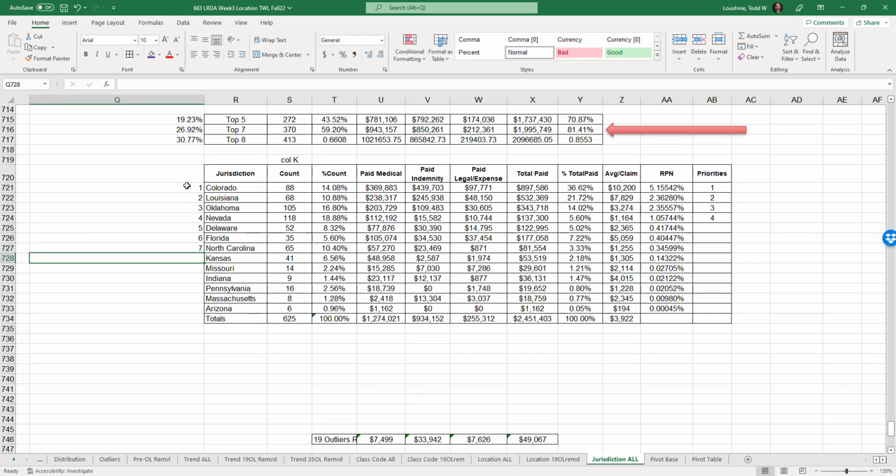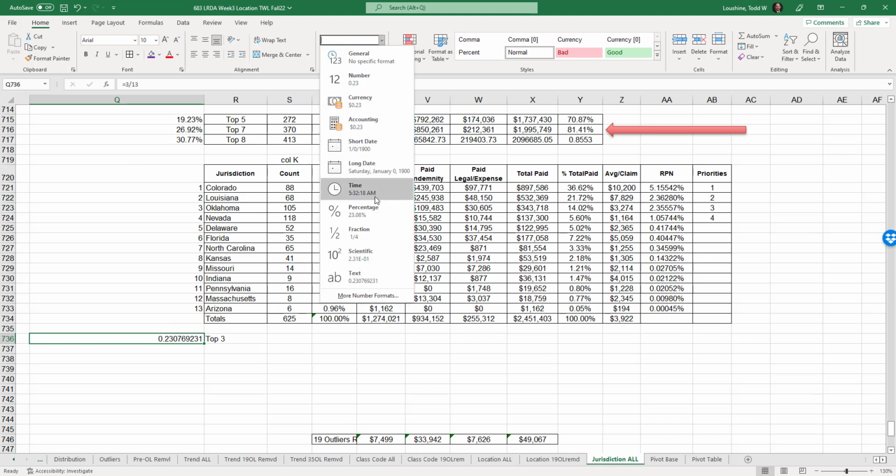I don't know why I did that. Just highlight it and drag it. All right, we got 13. 20% of 13 is about 3. That could be done. So let's do top 3. 3 out of 13 equal 3 divided by 13. It's 23%. A little above. Not by much.